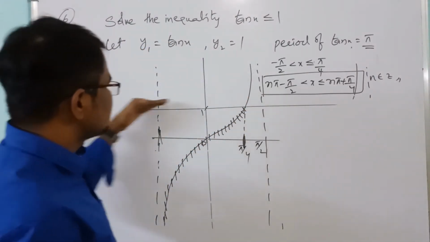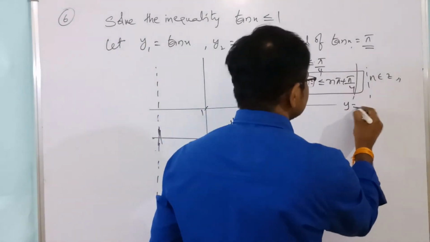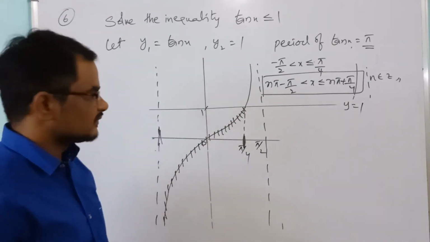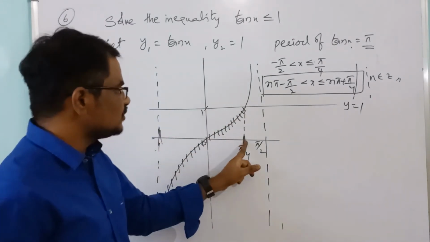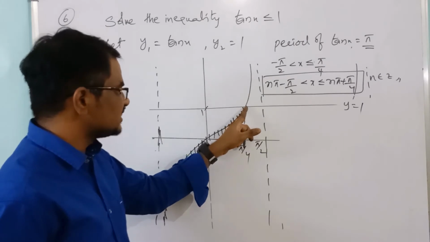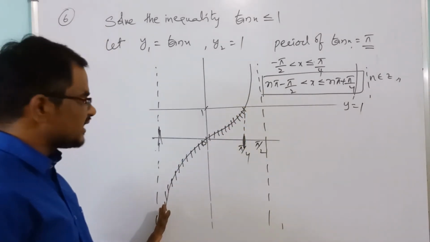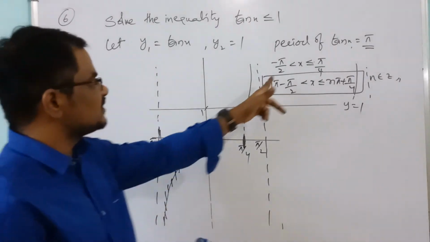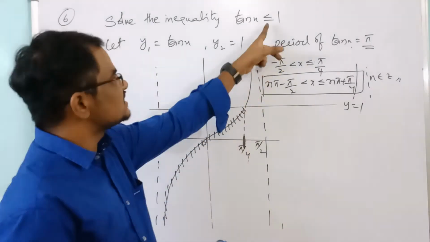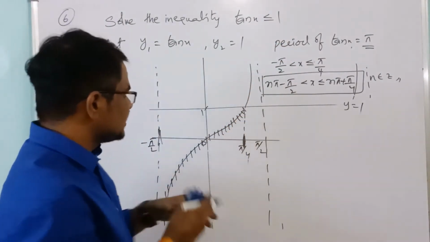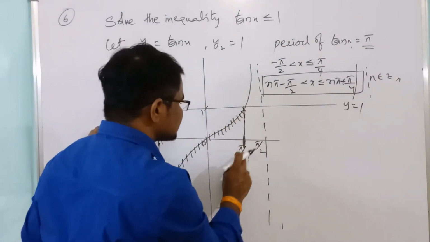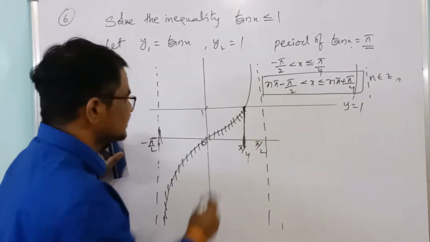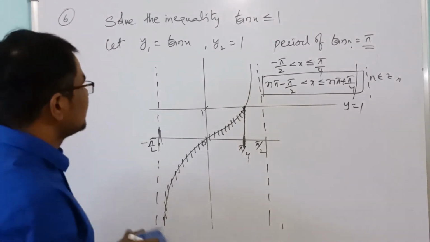Now this is tan x. This is y equal to 1. So this is less than or equal to 1. So from where to where? Minus pi by 2 to plus pi by 4, because here it is intersecting, and up to here where it is minus pi by 2. Here minus pi by 2 we can't take this value, so that's why it is an open interval. And because it is less than or equal to 1, this one you can take. It is intersecting exactly here because tan pi by 4 is 1, right? So that's why here you will get pi by 4. So these are the values. Next.